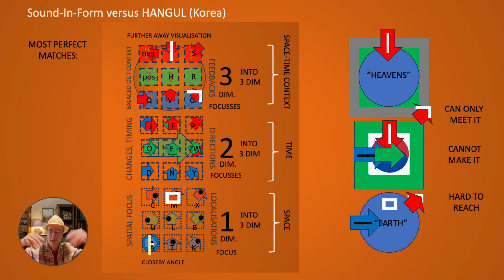It meets the heavens, let's say. It meets the top layer where the heavens is, where you can see where's the theory, what is lying behind it, what bigger things are lying behind it, which I can't see yet. That's that G with g, which you can hear here. It's on the top, so the pronouncement can even be recognized in that form. So it's hard to reach. You cannot make it yourself, but you can only meet it. That's the G part. It also is a perfect match to my theory.